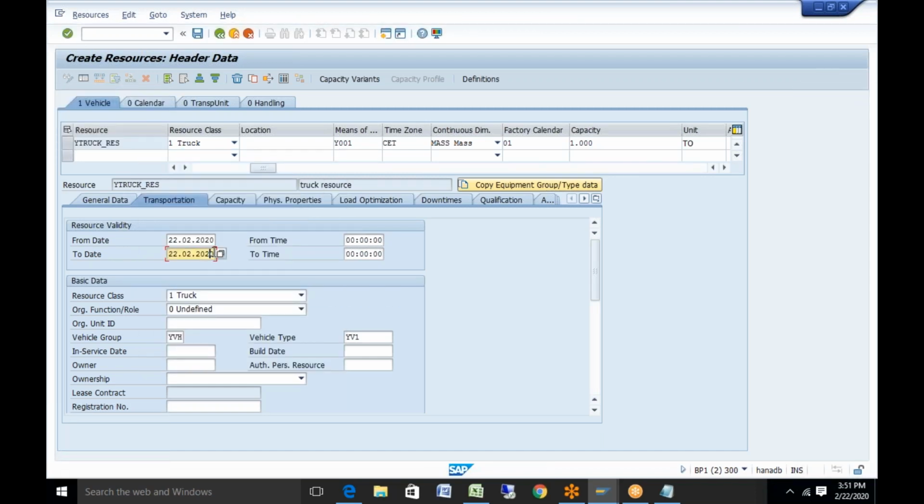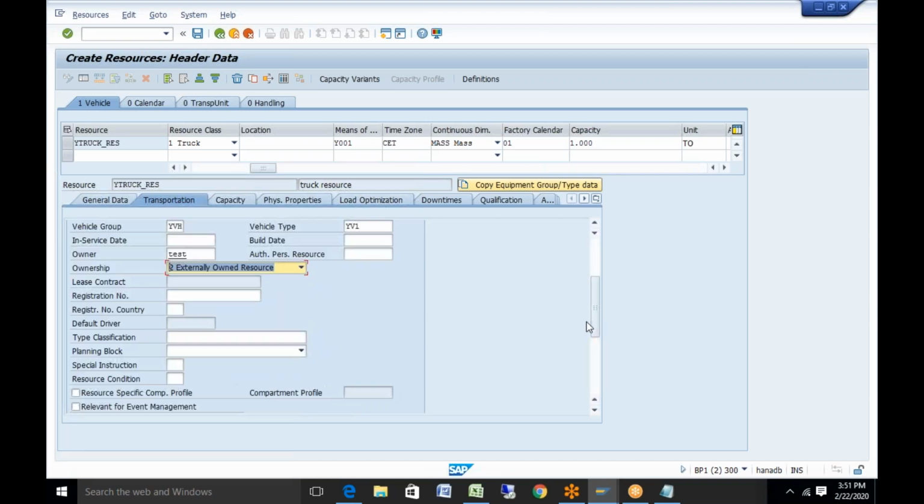For 1 year, for example. You can give some owner's name. You can specify this is your externally owned resource. You can give some registration special instruction.